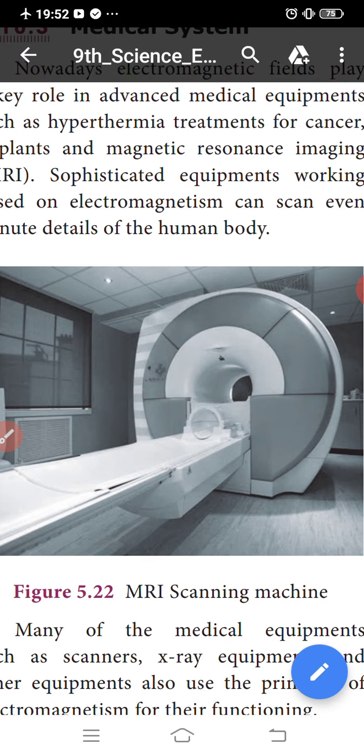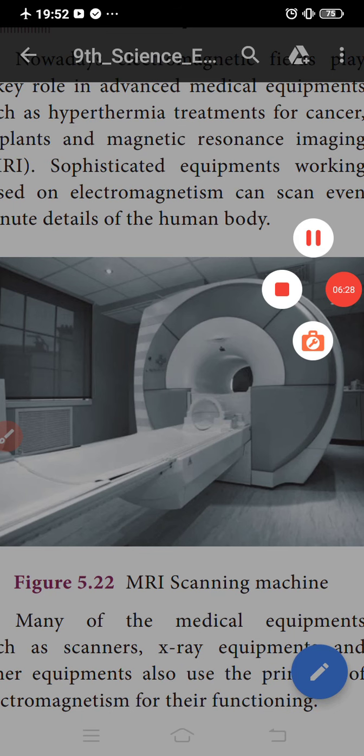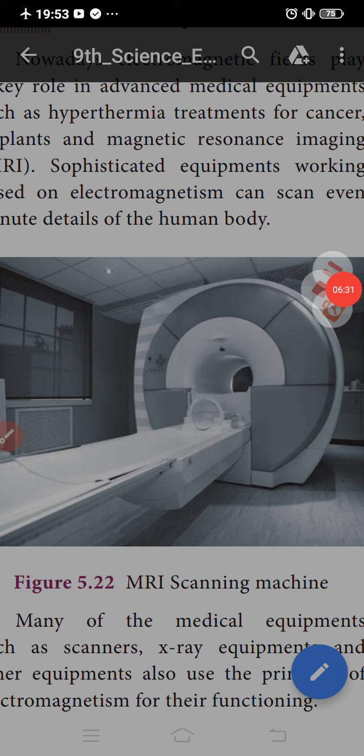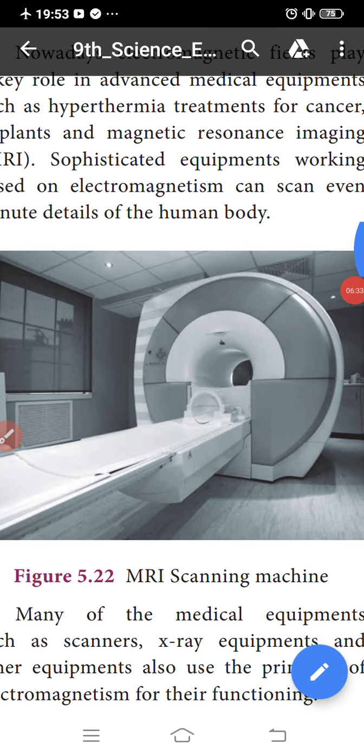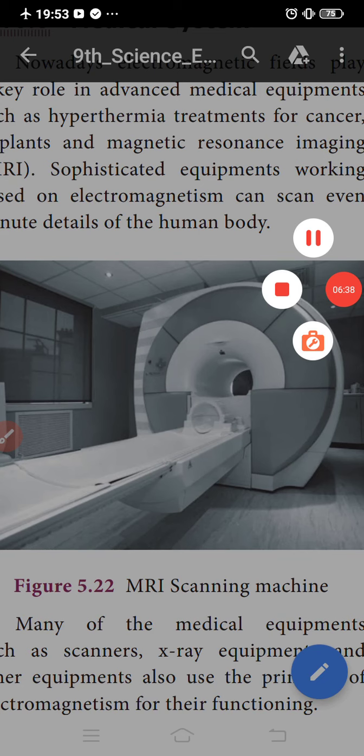This topic is magnetism and electromagnetism. Magnetism is about north pole and south pole attractions and repulsions, which we already discussed in yesterday's class. Today's class discussed electric generation, transformer and applications of electromagnetism. There are three types of applications of electromagnetism: the speaker, magnetic levitation trains and the medical system. Thank you.